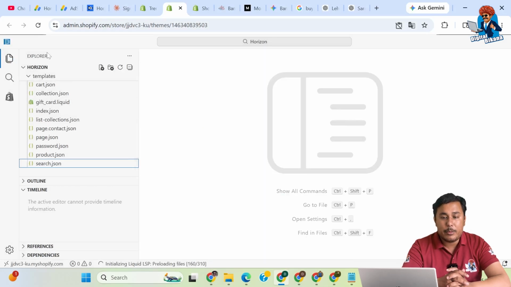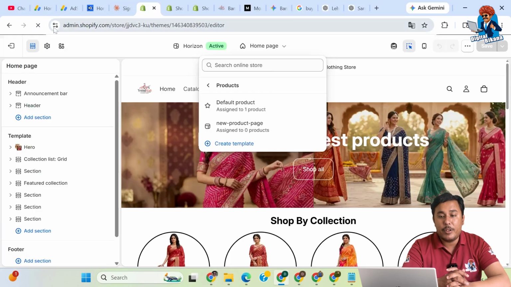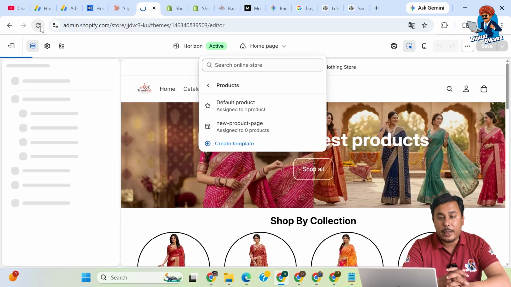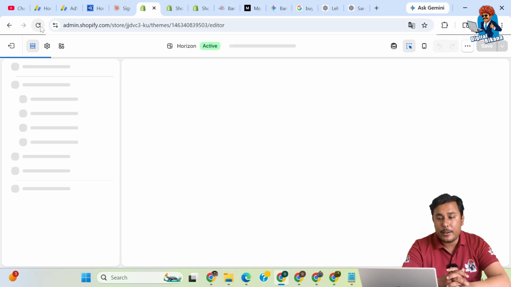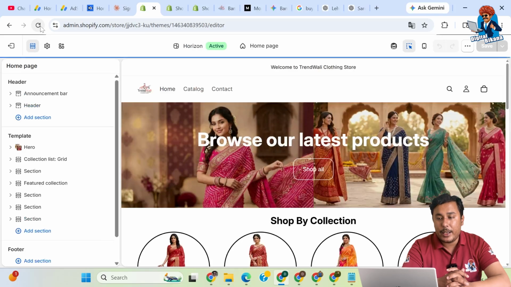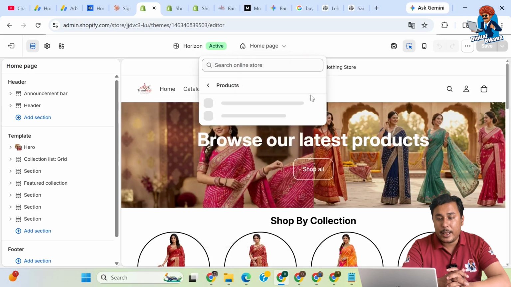And in this manner you can simply delete the page template which you have created incorrectly or inappropriately. If I refresh this page, okay, it's refreshing. And when we again click on home page and then product page, as you can see the template has been